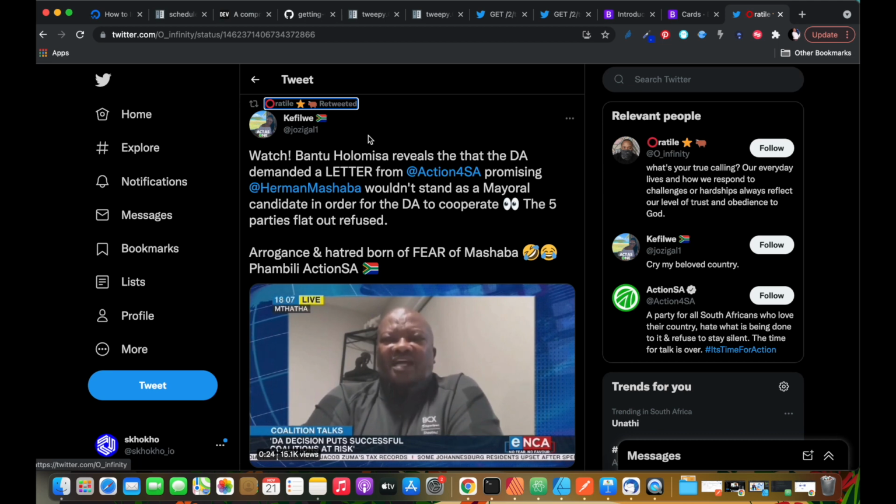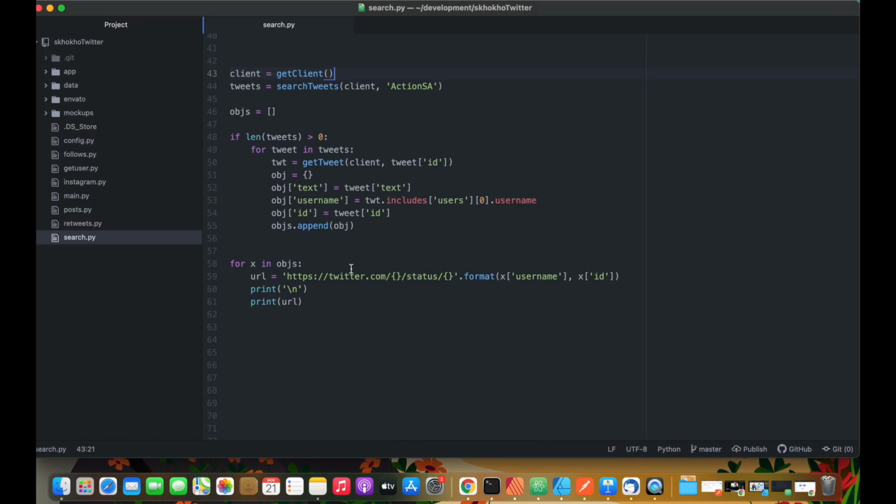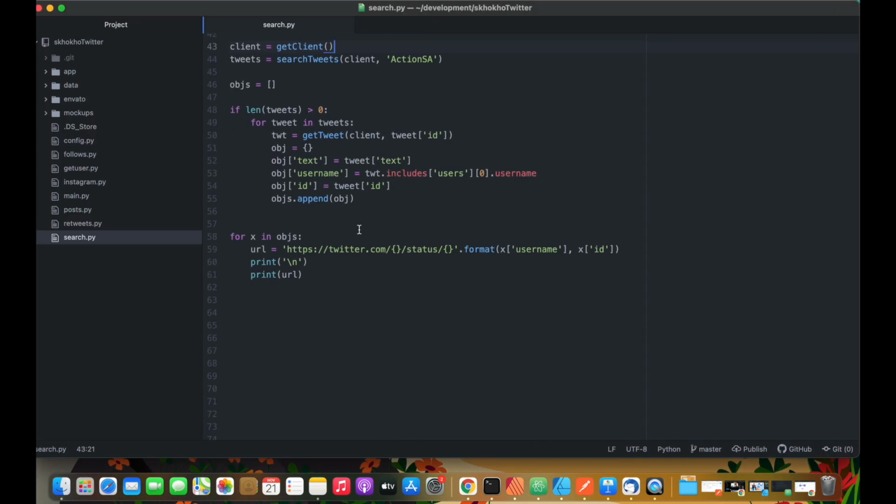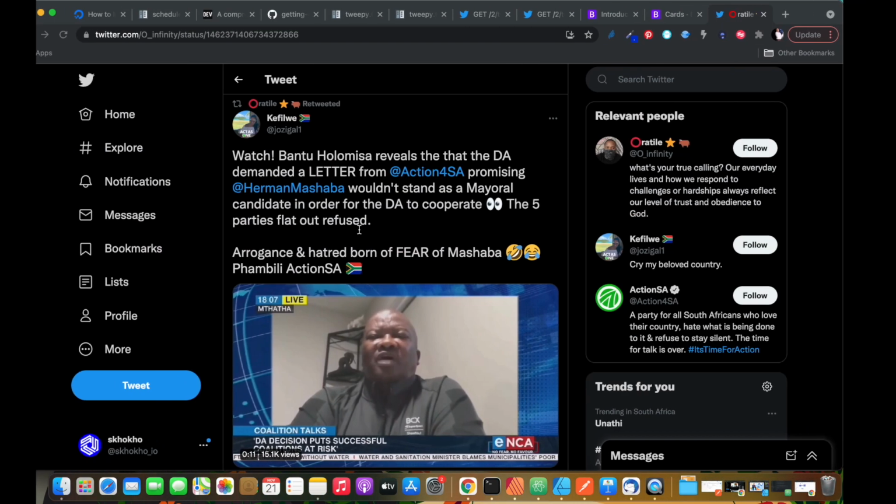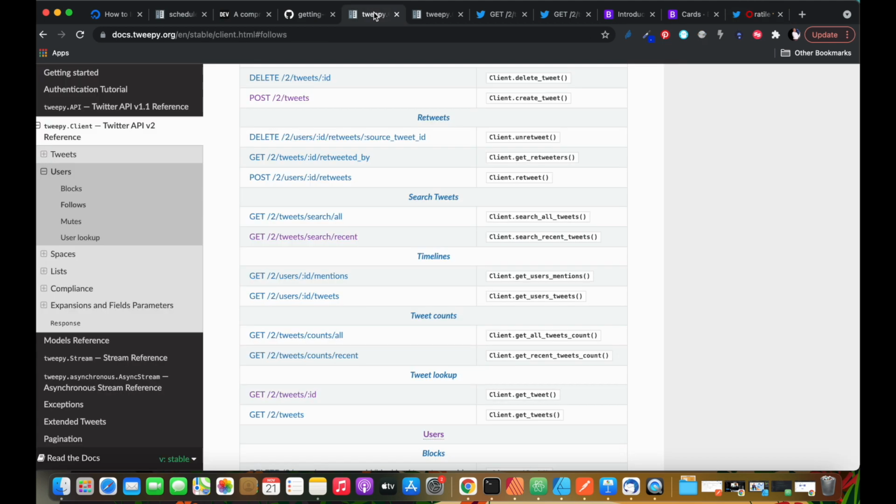You can get it to do things. You can even add the extra functionality of retweeting. Remember, we did that last week. Did we do the retweet last week? Where once you get the tweet, you can then just automatically retweet the tweet that you want. Okay, I don't think we did that, but I'll show you on the Tweepy API, and that can be your